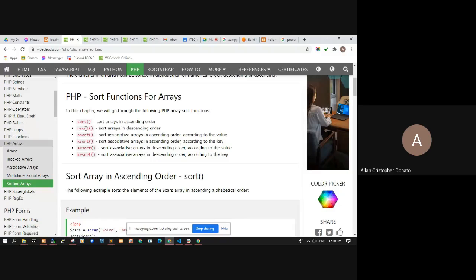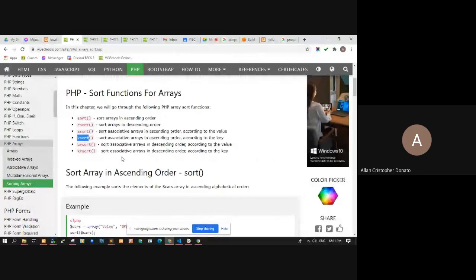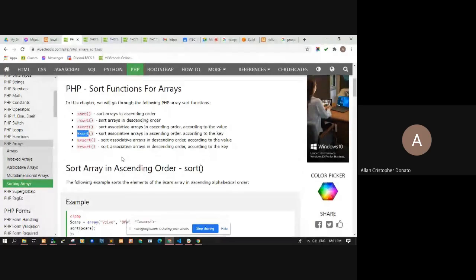Sort, reverse sort, associative array sort using the associative key. ksort, and krsort to reverse. asort, and arsort to sort the associative array in descending order. ksort, or key sort, sorts the associative array by key, and krsort sorts in descending order according to key. Okay?